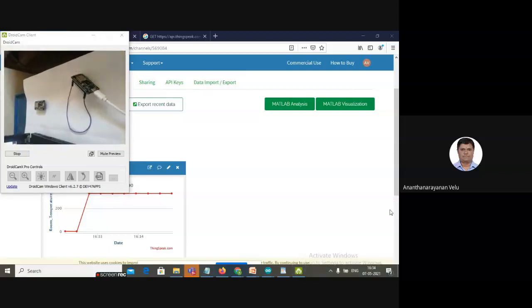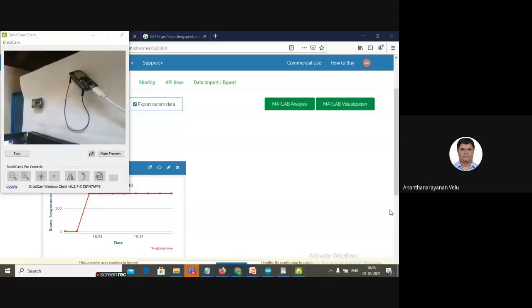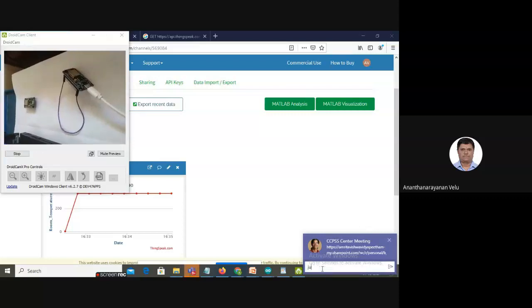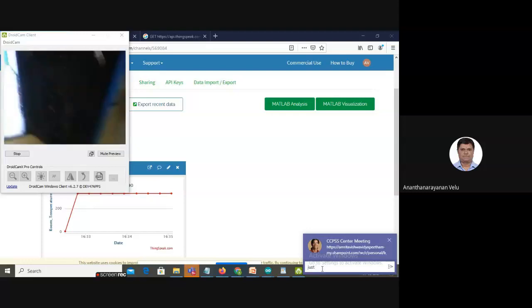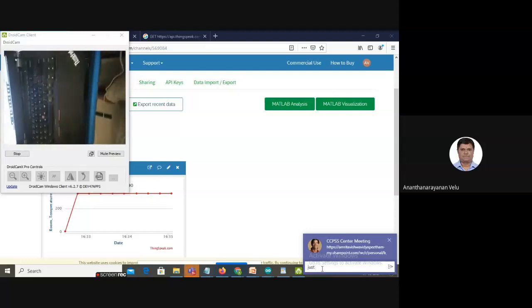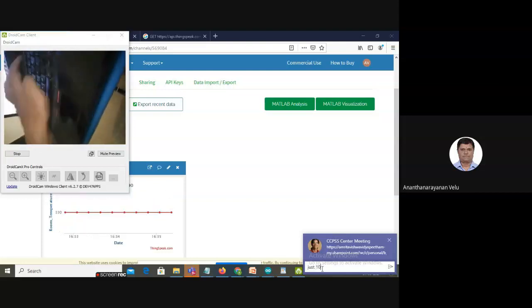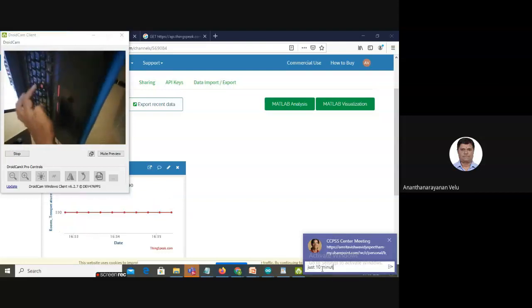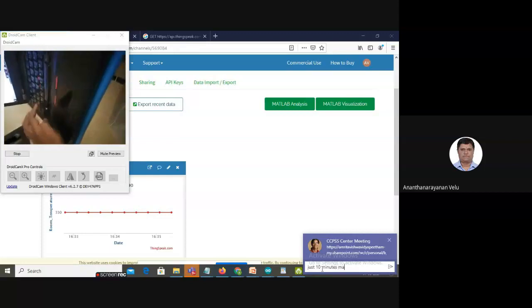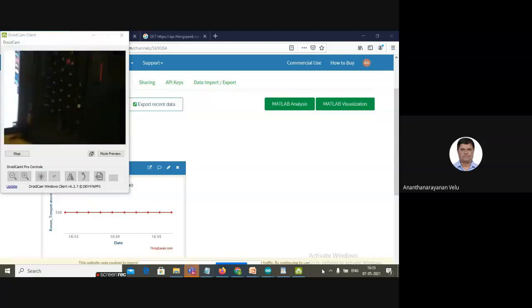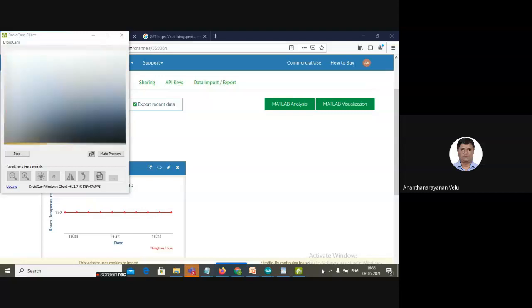We will be able to integrate the end device with the cloud immediately, right? Fine.